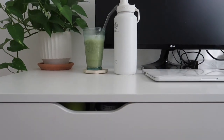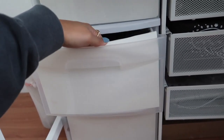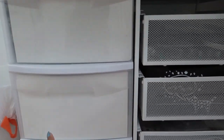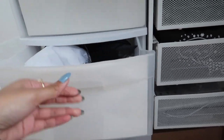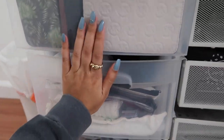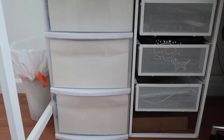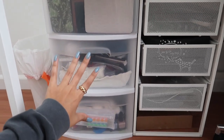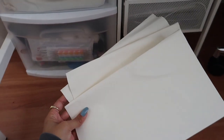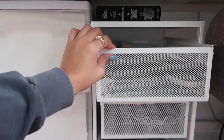And then I wanted to take y'all down with me to these storage units. A quick tip, in order to reduce the look of clutter, just put a piece of paper right here so that you can't see what's inside, because it looks so much more clean like this versus, let me just show y'all an example of what it looks like without all of it, which I'm exposing myself right now, but that's fine. But y'all can see the difference in what it looks like with and without these papers. So if you want to hide some clutter, like these are organized, don't get me wrong, but they definitely still look messy. So that's why I recommend just putting in these pieces of paper in there to really just hide all of that mess. This little unit right here is from IKEA, super great and useful for under the desk